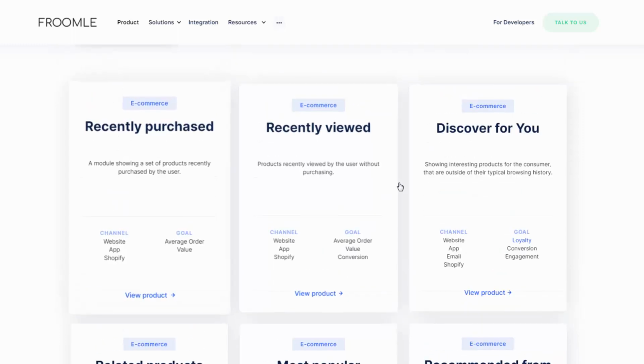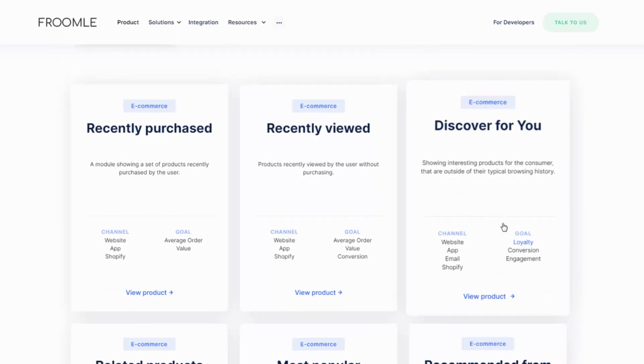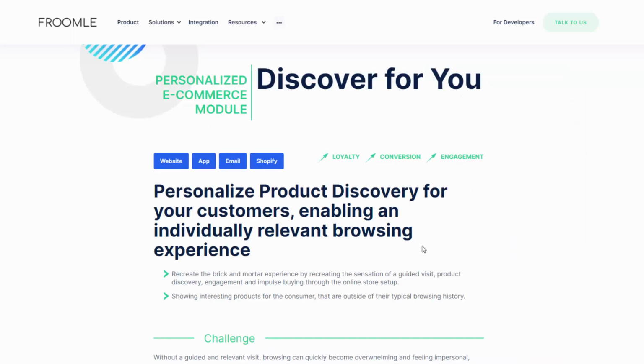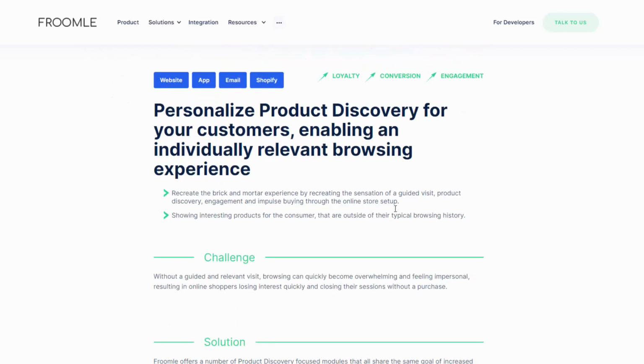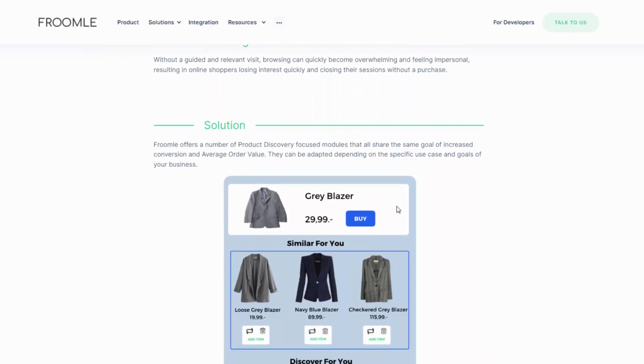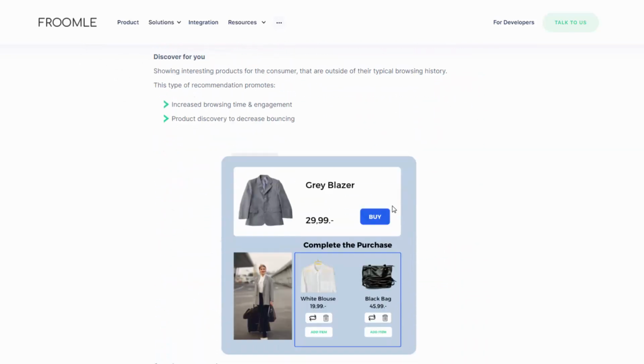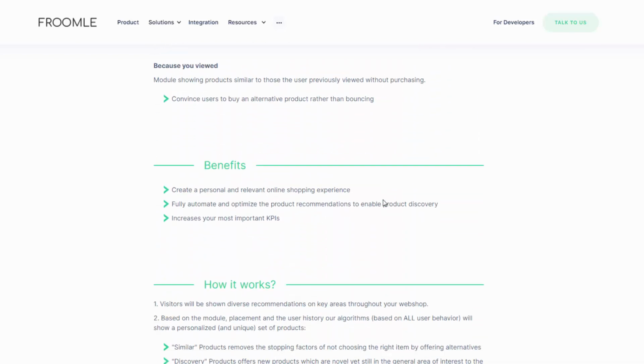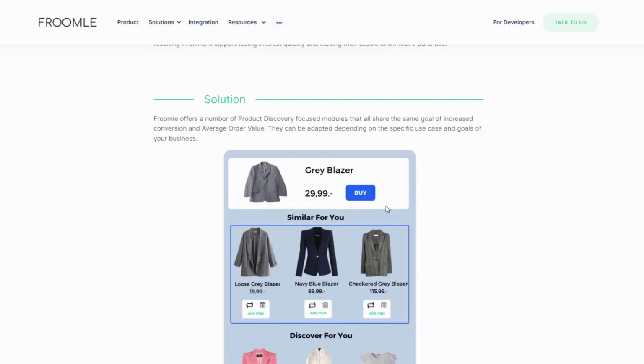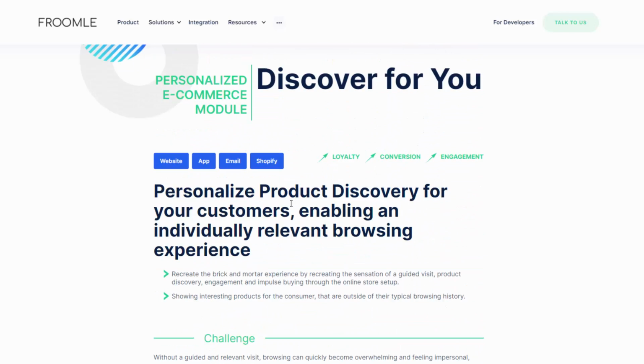Really, really like Discover for You. When we're talking about a catalog like, let's say, print on demand, right? If you have a print on demand catalog, you're going to have lots of different products, but they're all going to be based on a specific niche. So you know that your entire catalog can be purchasable by any person that visits the site. If they land on one product, they might just not land on the one that they love, but your catalog might have other ones that are really going to make them take their credit card out of their pocket. Long story short, the personalized product discovery module is going to allow you to make your catalog more easily viewable